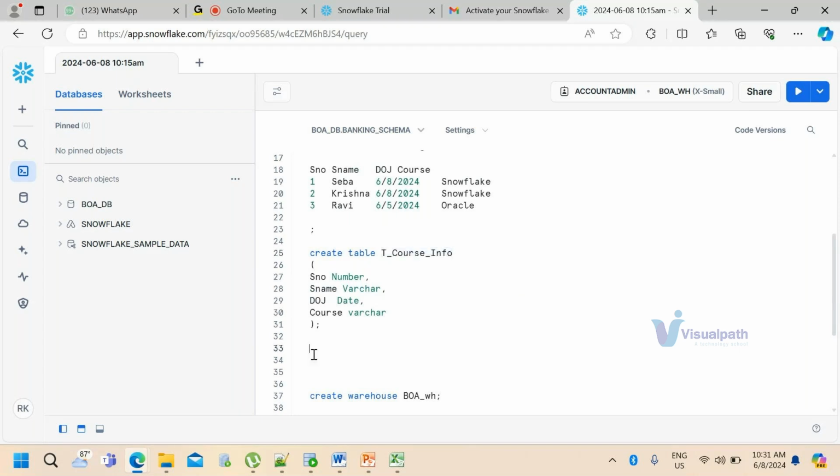Now let me insert the data. I would like to insert these three records. So just try to observe how I'm inserting the data. Insert into this table, values. So first one is